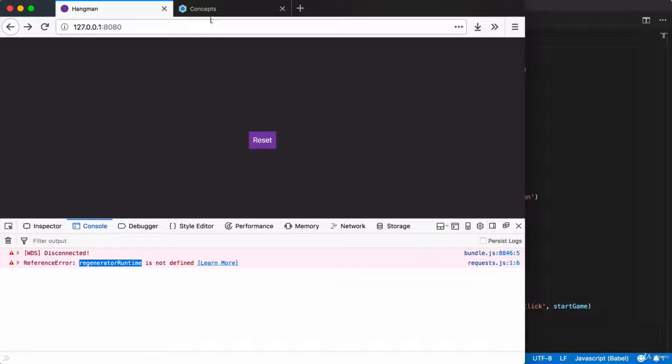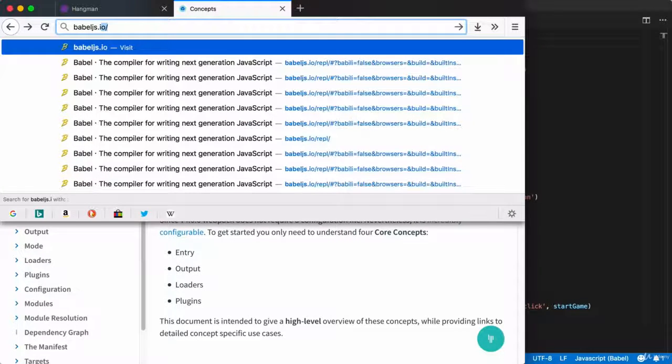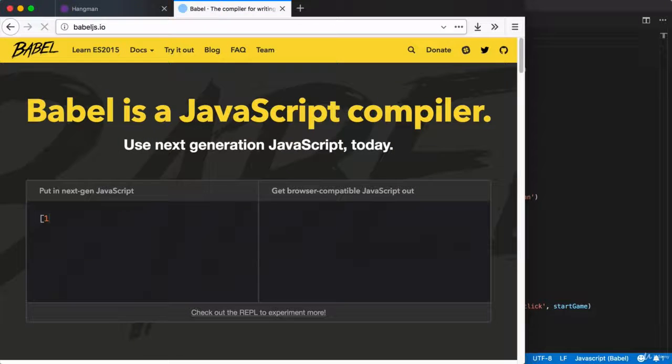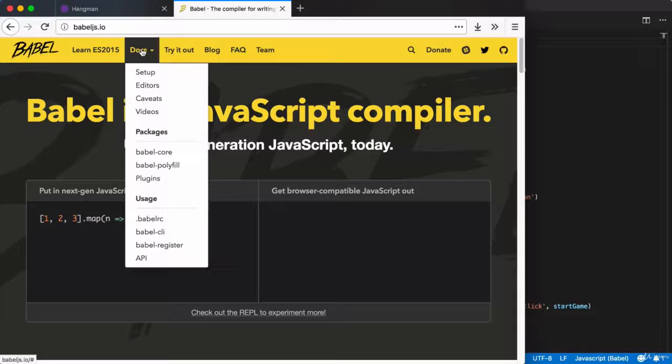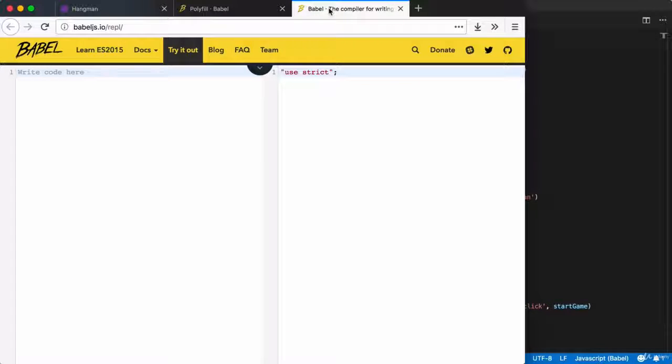To kick things off, over inside of our other tab, I want to head back over to babeljs.io. The thing that we're going to be using under the docs dropdown is Babel polyfill. Now let's talk about what exactly a polyfill is. To do that, I'm going to go over to the try it out page. If you remember the try it out page from earlier in the course, we were able to see how our